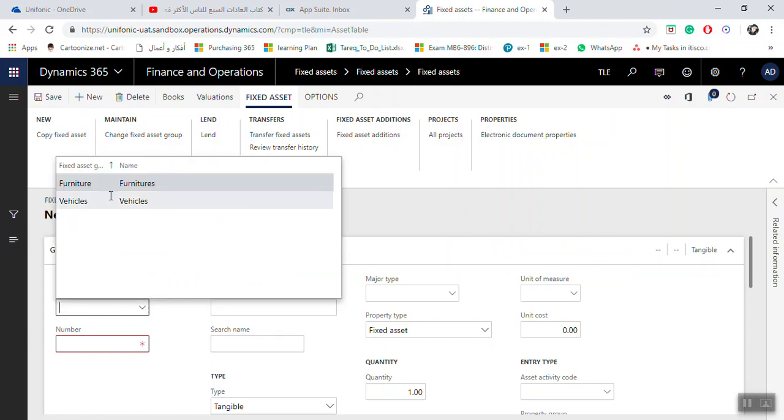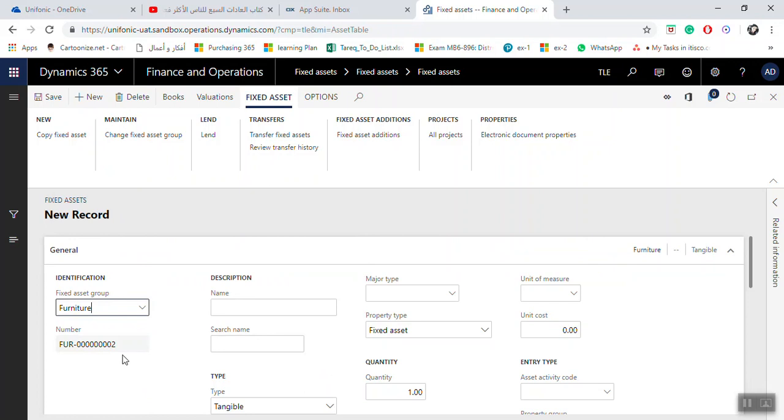The first step, which is very important, is to select the fixed asset group. What is the fixed asset group? For example, furniture. As you are seeing here, the number sequence will be furniture 002 as per the setup in the fixed asset group. Here is the name, for example,